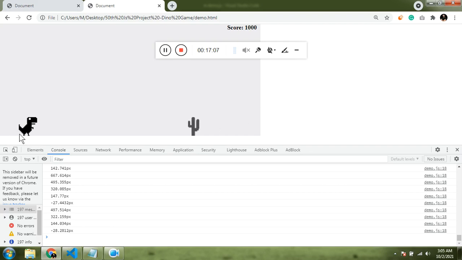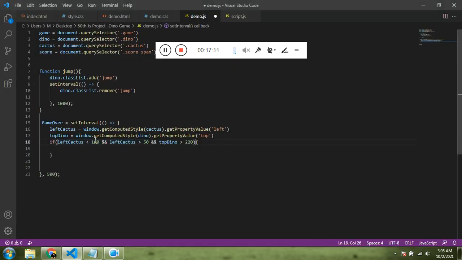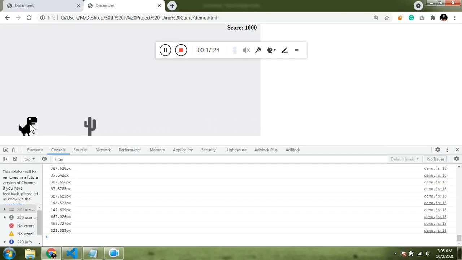So if the left of the cactus is less than 100 and greater than 50, it is simply the cactus is touching the dinosaur, starting from 50 and it ends on 100.